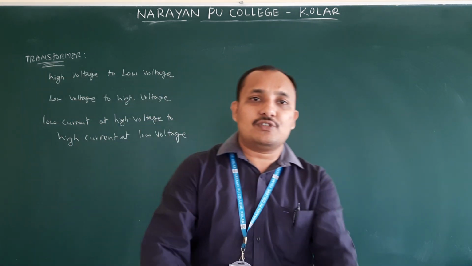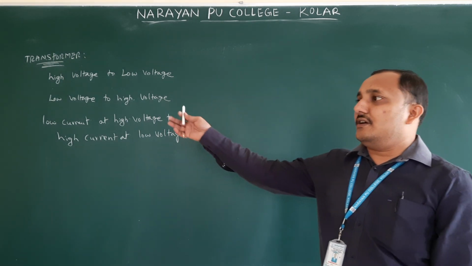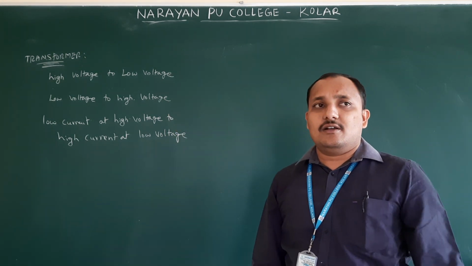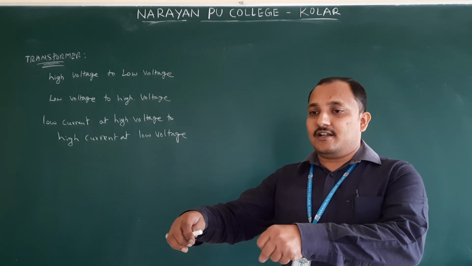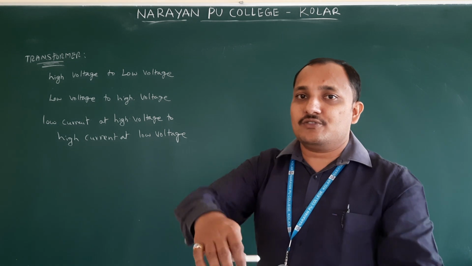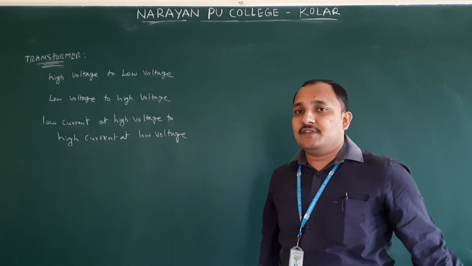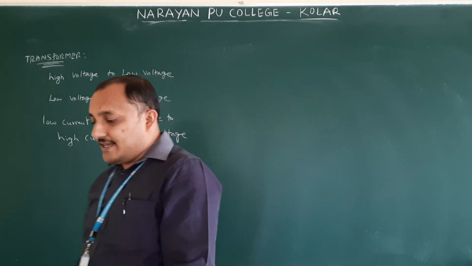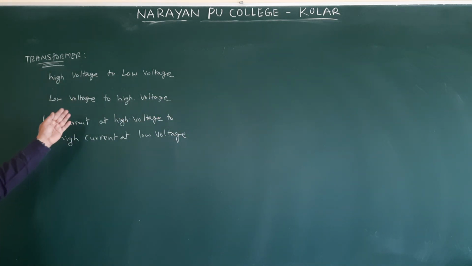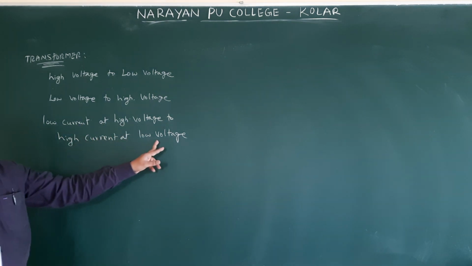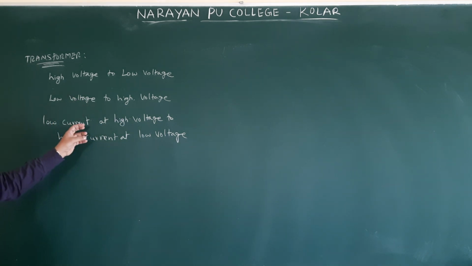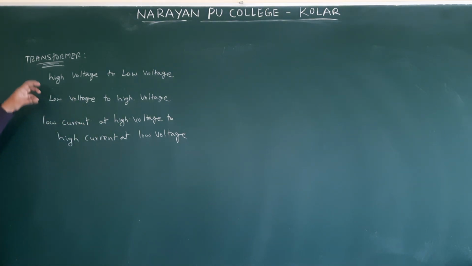Why do we have to use a transformer? In first PU, you might have seen the properties of liquids. Why do we use locks? Locks means gates. Once we use a gate, the flow of water is controlled, and we increase the velocity of the water by using a lock or gate. Same like this, we use a transformer to transfer the current for substations or parts. Low current at high voltage to high current at low voltage: a transformer converts like this. So this is the use or definition of a transformer.